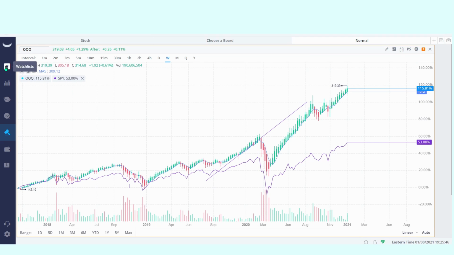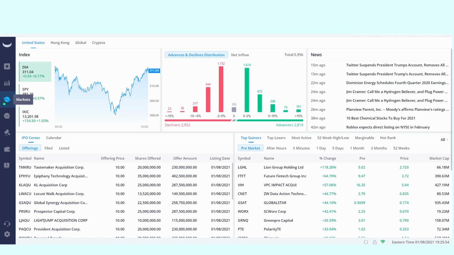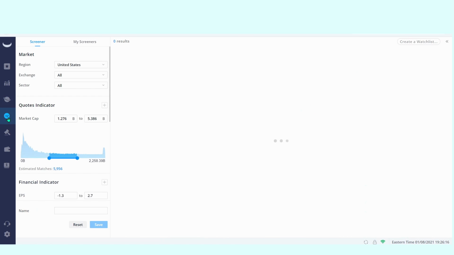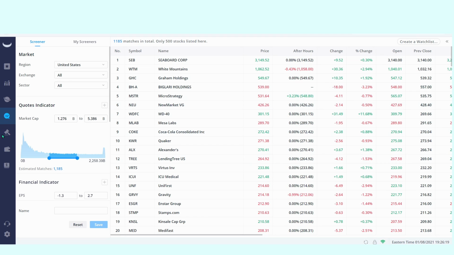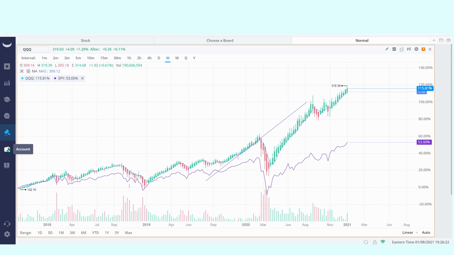So this is a real quick overview of Webull. Again, you can have your watch list, you can enter in there your stocks, different markets, you can see what's going on with them. It's an excellent source for you to learn more about trading. They also send you text knowledge base type emails and texts every day. You can decide if you want them in text or email to help you learn more about using their brokerage. And you can look at the screener and trade like we just looked at, and you can look at your account and so on. And you can do paper trading.